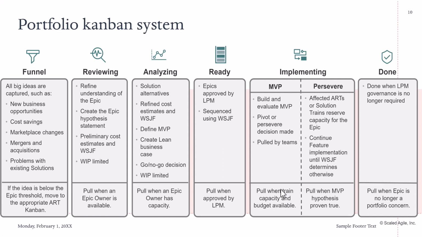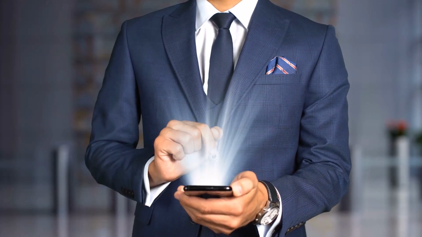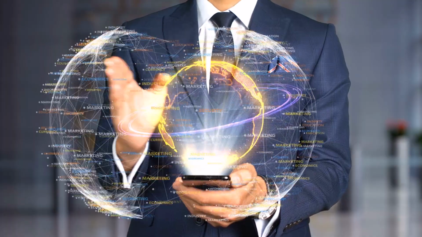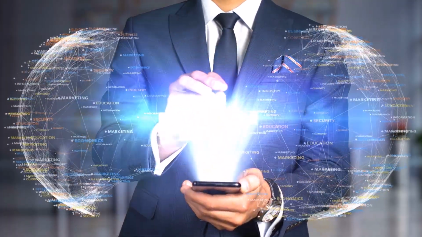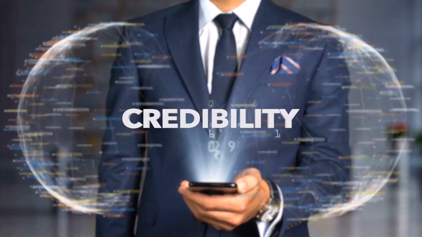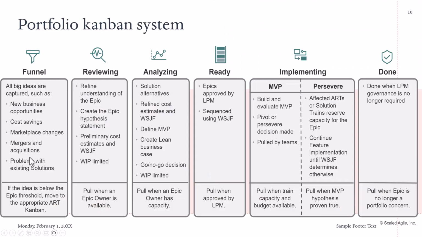So when a team is available, each agile team is available to start working on this Epic, and the budget is there, so you can start working on that MVP. So persevere, Epic, you start here. We're just creating those features, and then because the team has already, for example, maybe there's a